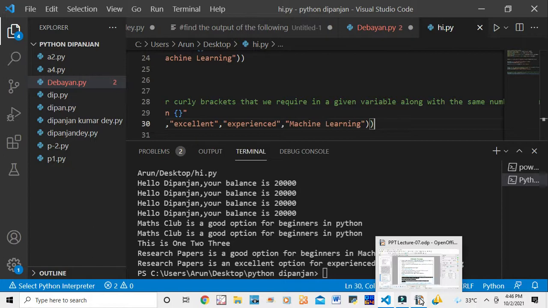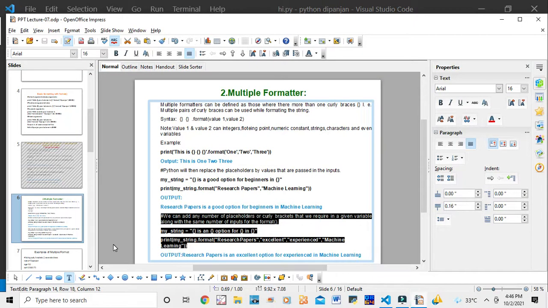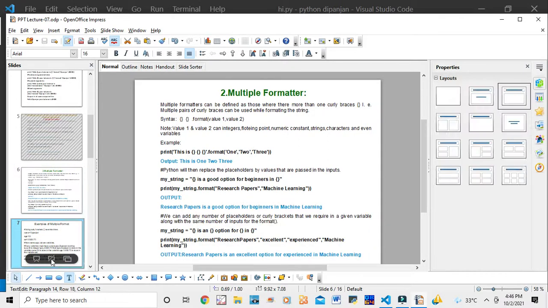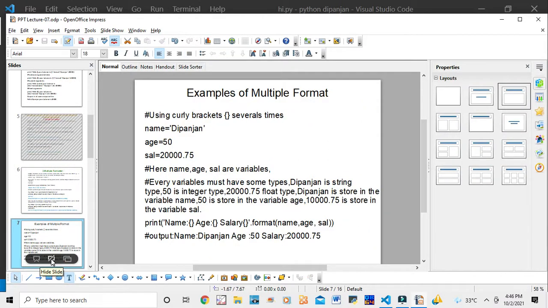In my last slide, that is slide 7, there is another example of multiple format, that is using curly brackets several times. You can do it this way also. The approach is different.